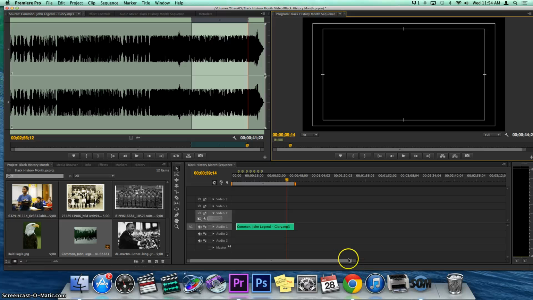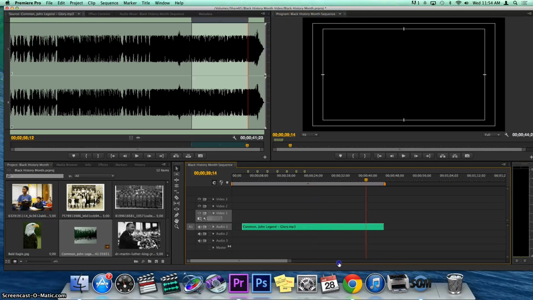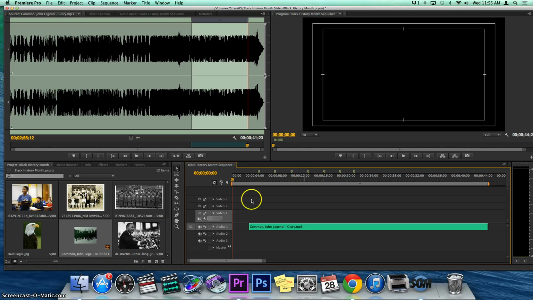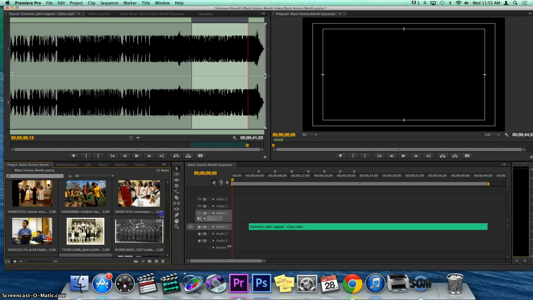Now that I have my markers set, I can make my timeline a little bit bigger so that I can really work within these particular markers. And I can just simply lengthen or shorten my timeline. So I'm going to stretch out my timeline so I have lots of space between each of the markers. I can either scrub backwards or I can press Home on the keyboard, and that will take me home. I'm going to go find my first image that I would like to bring into my timeline, and I'm going to use